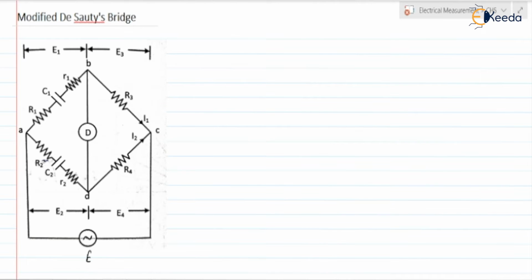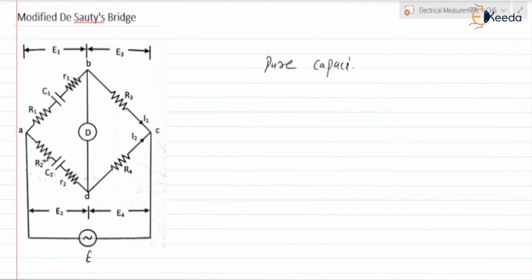So before moving towards the actual modified de Sauty bridge, we are first going to discuss what the dissipation factor or derating factor, the D factor of the capacitor, is and what the power factor of the capacitor is. So here, as we know, suppose we have a